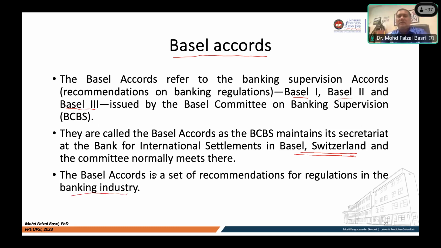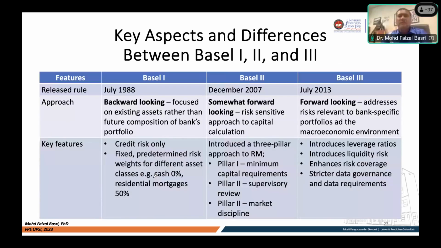Okay, so when were the rules released, what are the approaches, and what are the key features for Basel 1, Basel 2, and lastly Basel 3. They have upgraded and improved their approach from time to time. So that's why the approach of Basel 1 is backward looking, focusing on trying to improve, not improve, I mean,